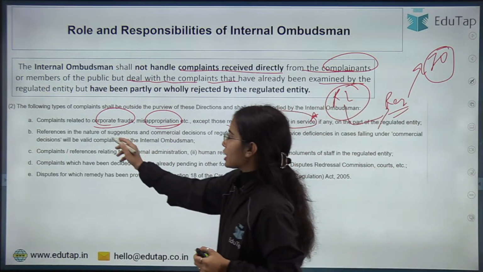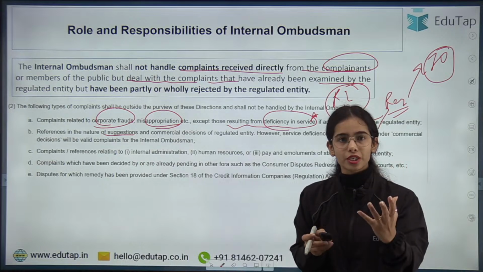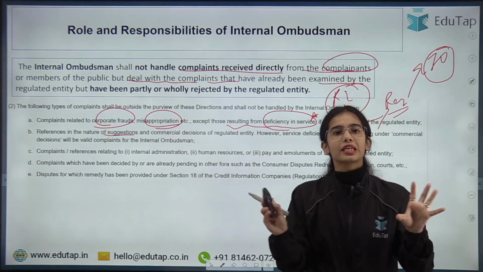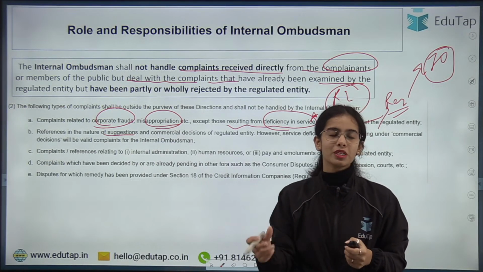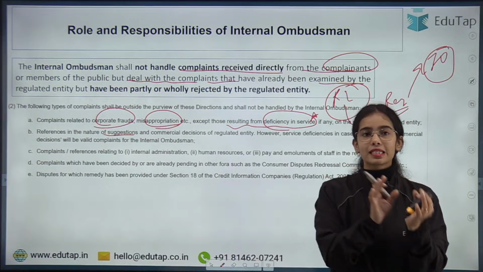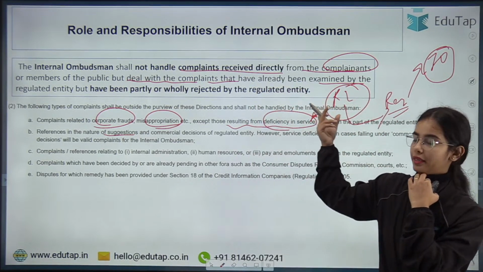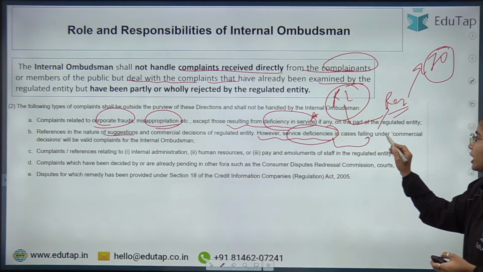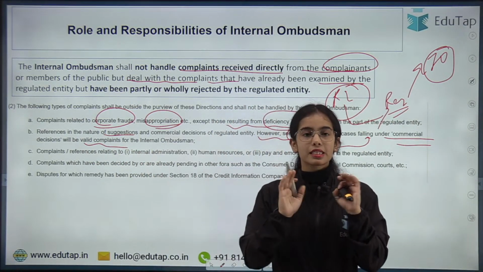The references in the nature of suggestions: if the customers are giving a suggestion to the regulated entity and the regulated entity has rejected the suggestion, then this will also not be reviewed by the internal ombudsman, because whether suggestions are to be accepted or not is under the purview of a regulated entity. However, service deficiencies in cases falling under commercial decisions will be valid complaints, because